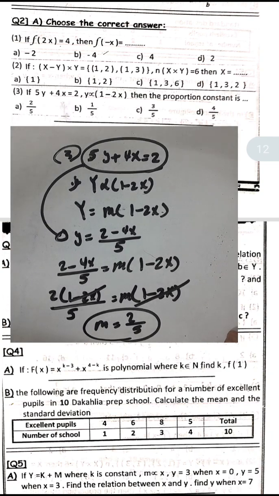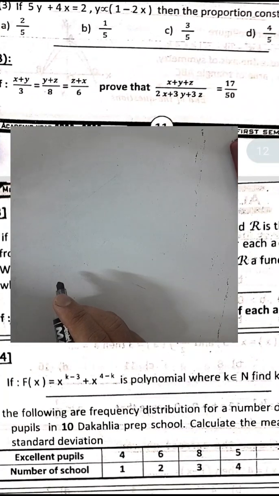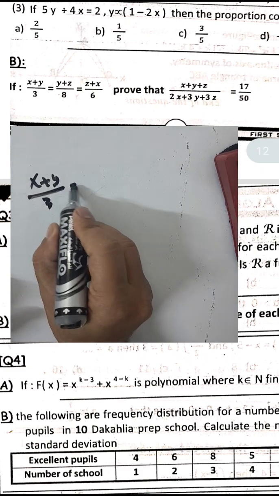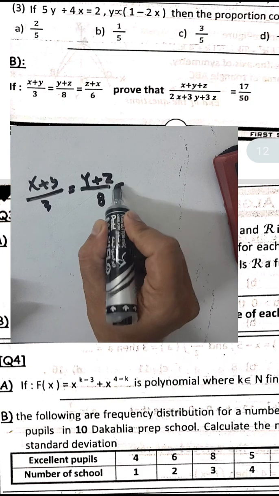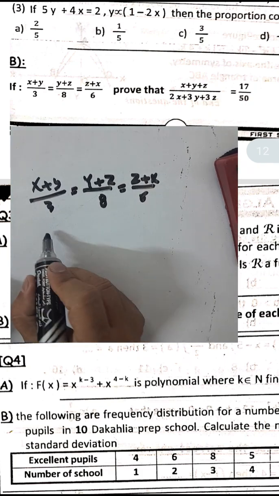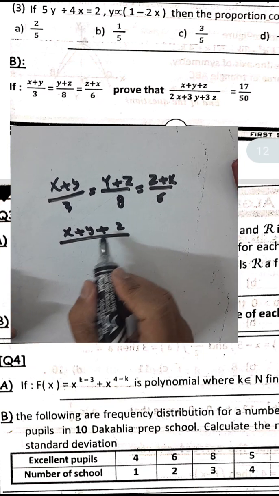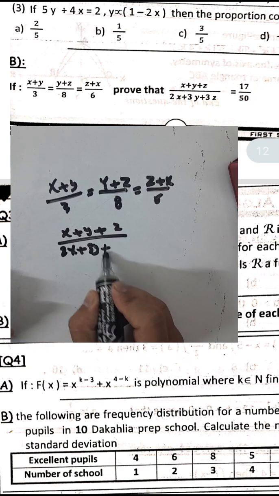Okay, new questions. Question letter B. If x plus y over 3 equals y plus z over 8 equals z plus x over 6, prove that x plus y plus z over 2x plus 3y plus 3z